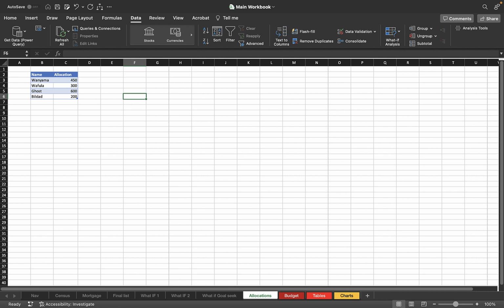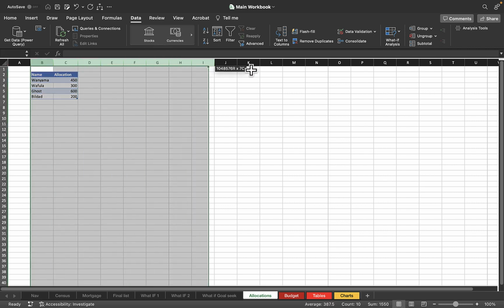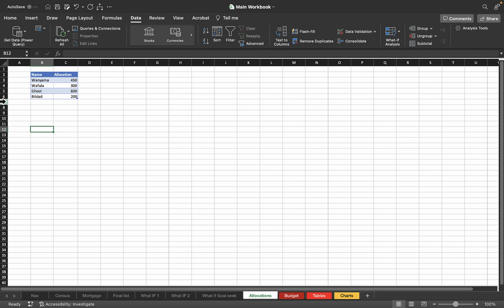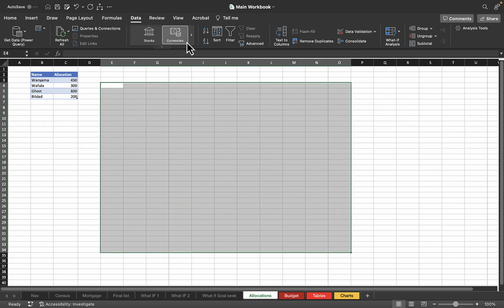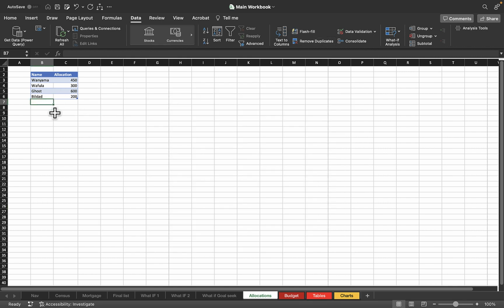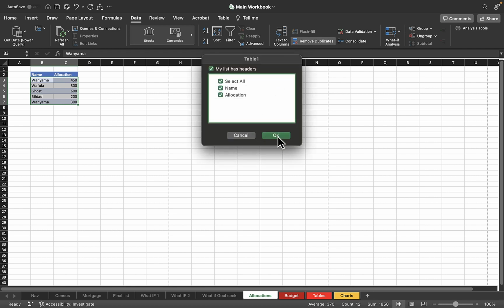So ladies and gentlemen, that's how you locate and also remove duplicate values. For big sets of data like tables, just use the selection from the columns or from the rows, or click and drag and then go to Data and Remove Duplicates. Let me show you another thing. If I say wanyama here and here it's 300, and then highlight this and go to Data, then Remove Duplicates,